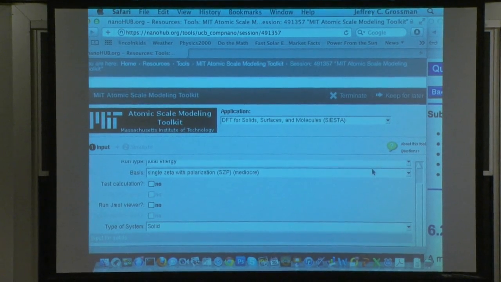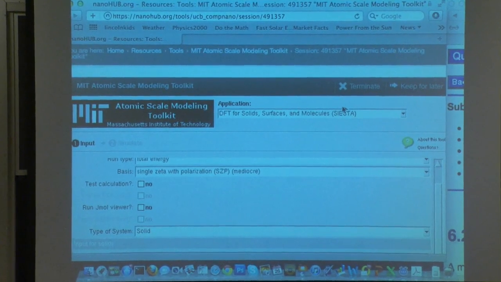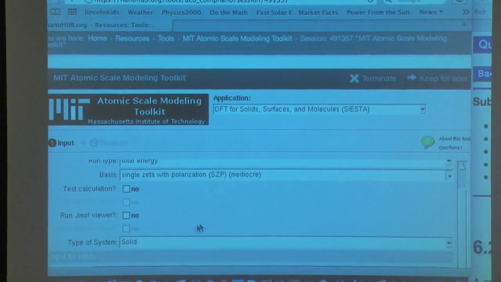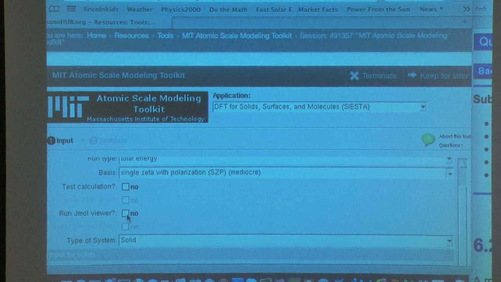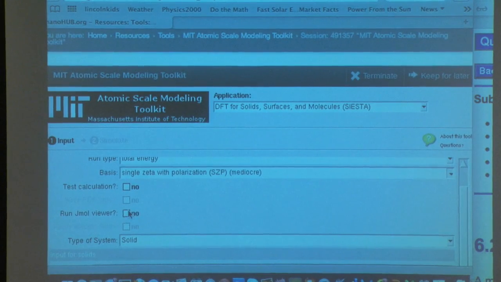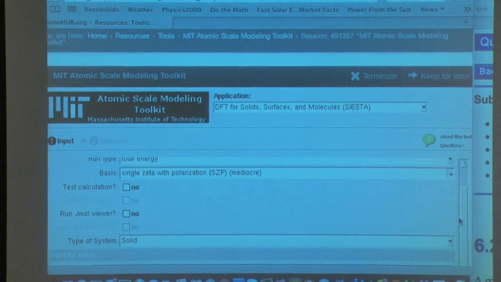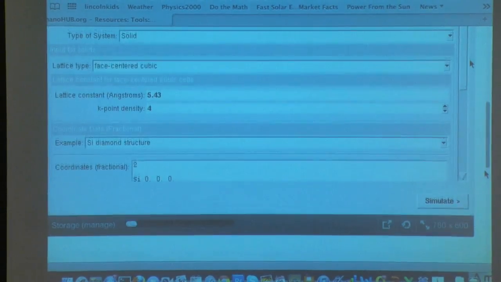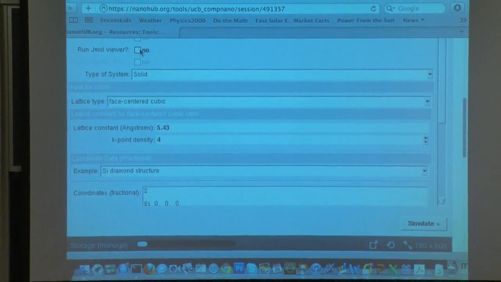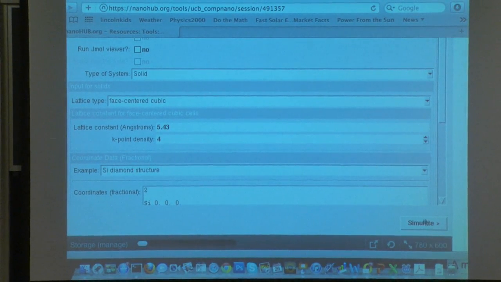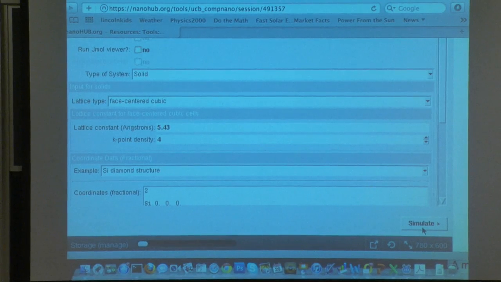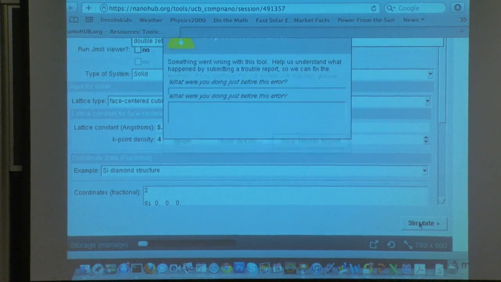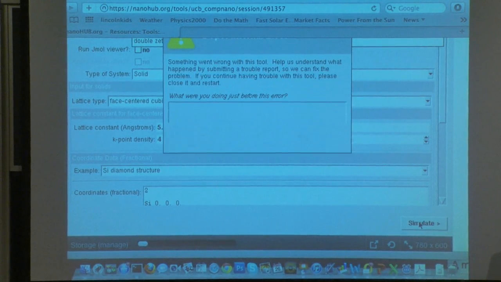So here you go. This is SIESTA. It's not letting me scroll down again. Beautiful. Run JMOL viewer, solid. It's not responding. That's also interesting. Oh, there's the scroll bar. Okay, can I run it? It's really not. I can't even click this. Aha. That's the first time that's ever happened. Well, so anyway,